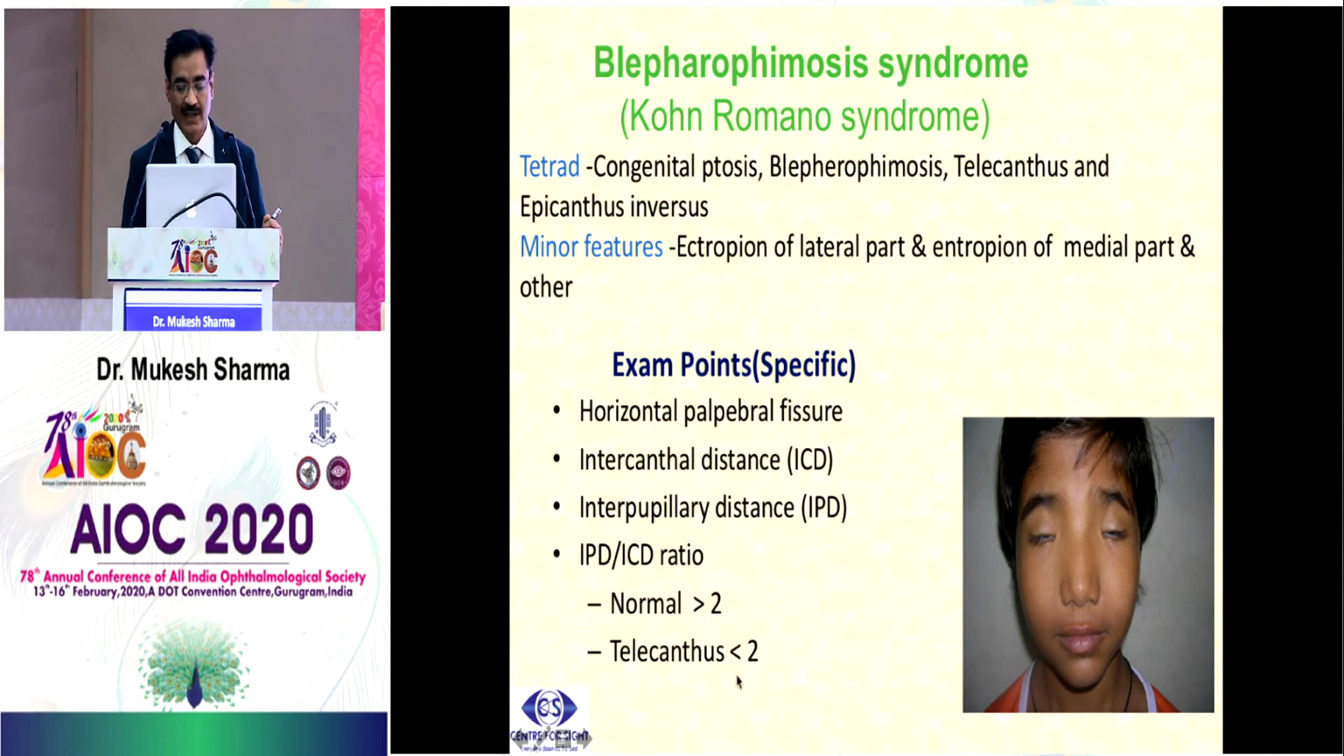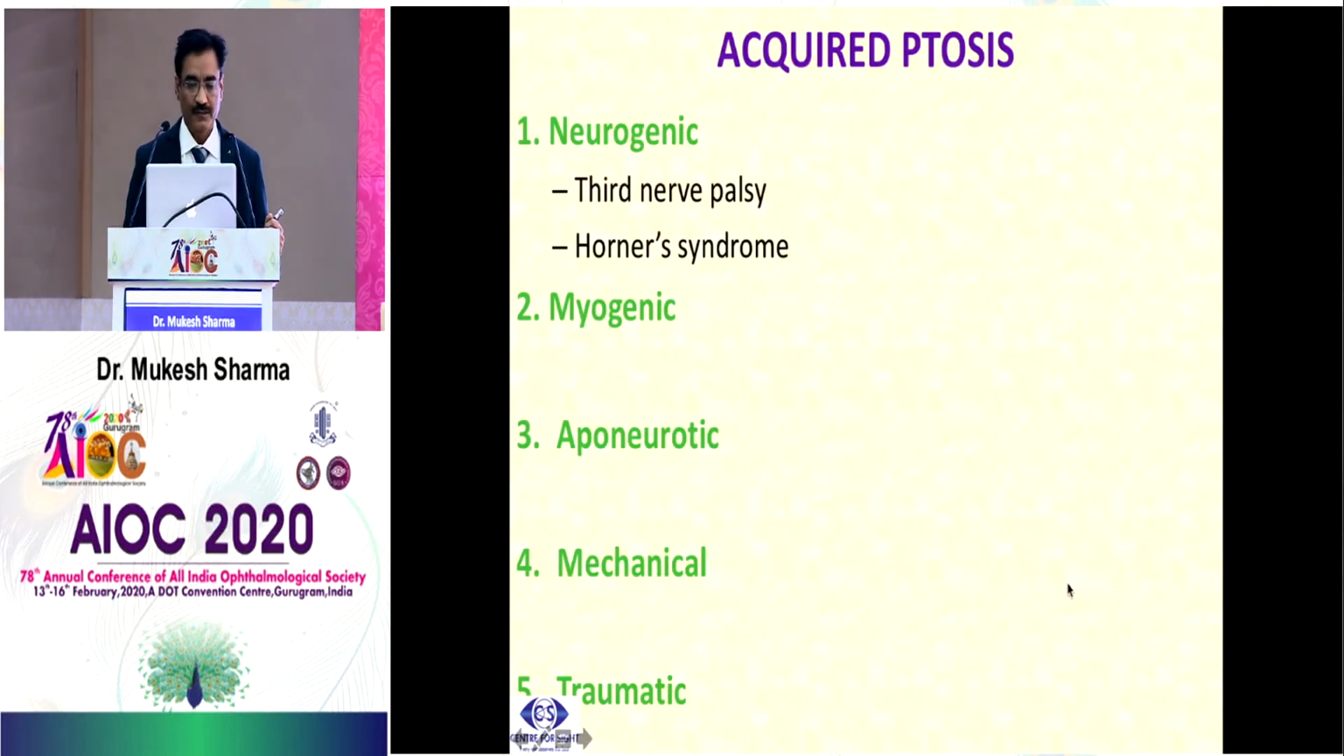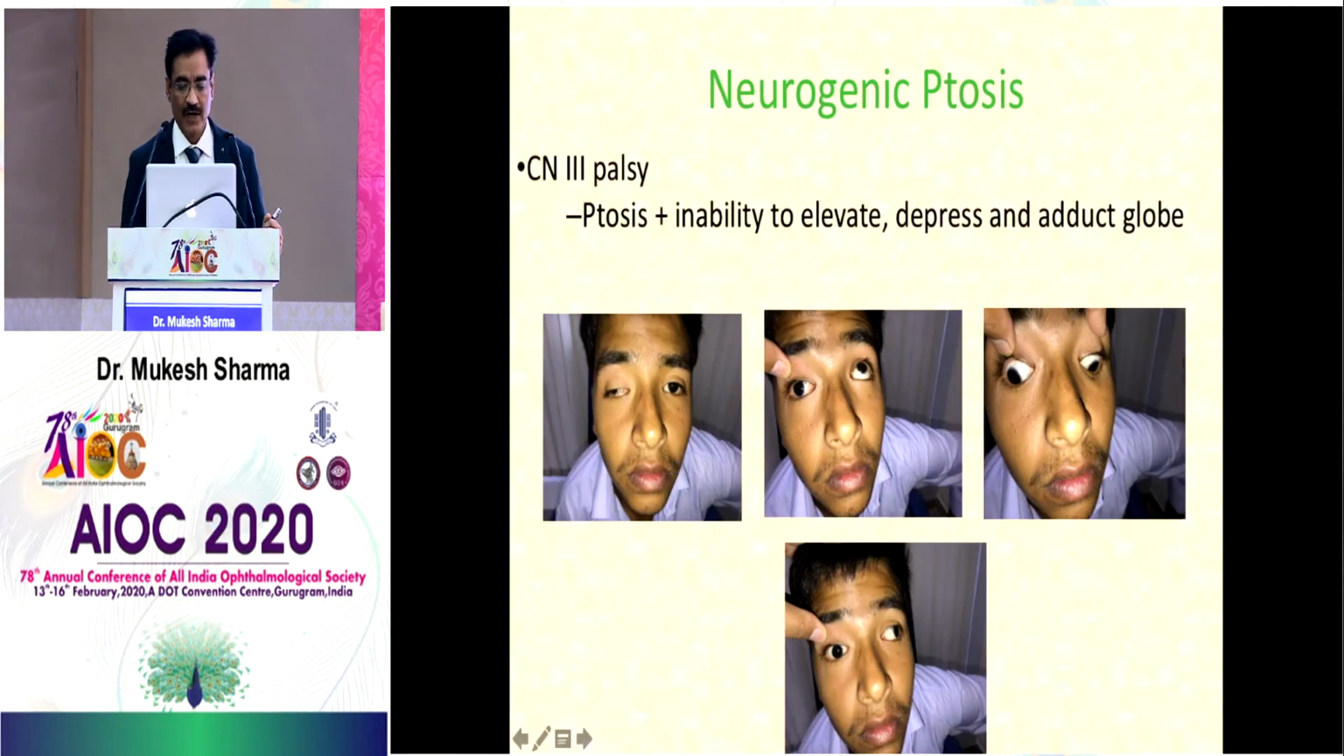But in telecanthus, this goes the other way around. This becomes less than 2. If IPD is 60 mm, then in telecanthus, ICD would be more than 30 mm. So it will be either 32 or 33 or 35, whatever it is. So this signifies telecanthus. Then causes of acquired ptosis,